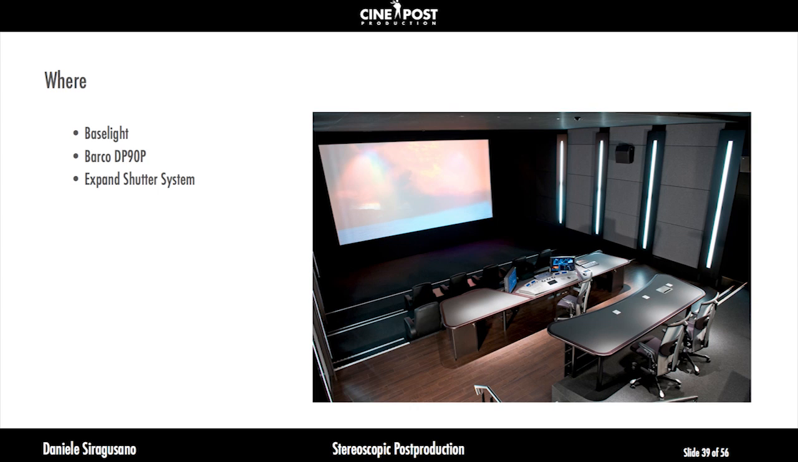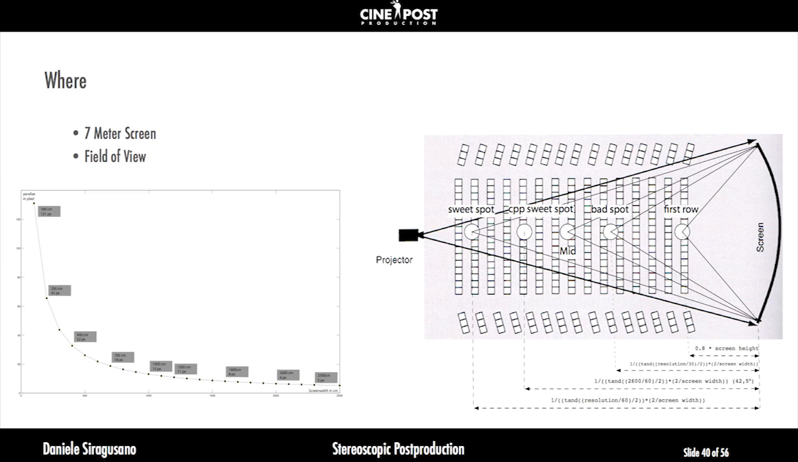So where are we doing depth grading? Of course, in a grading suite, in a cinema, because we want to be in exactly the same viewing conditions as later on when we watch the movie in the cinema. Of course, on a DCI compliant projection with shutter glasses. We also use a 7-meter screen, and we have exactly the same field of view as in a SMPTE specified